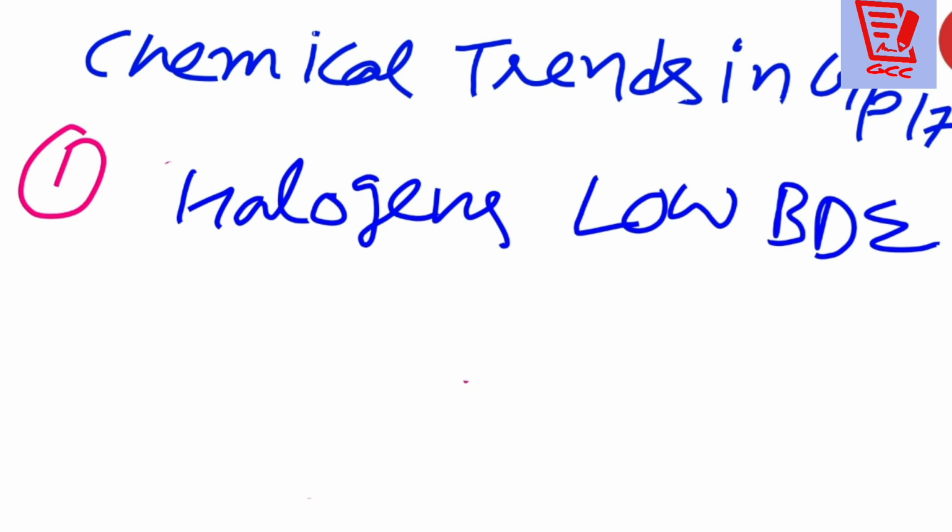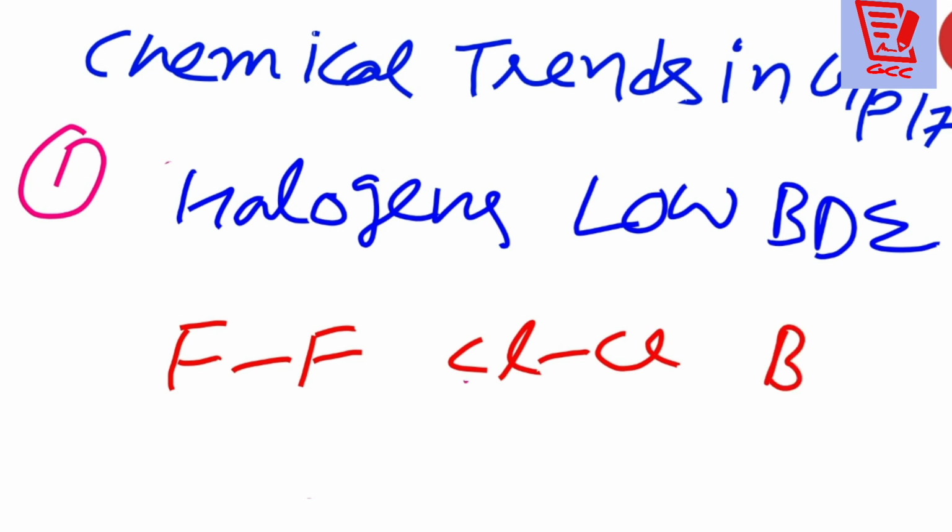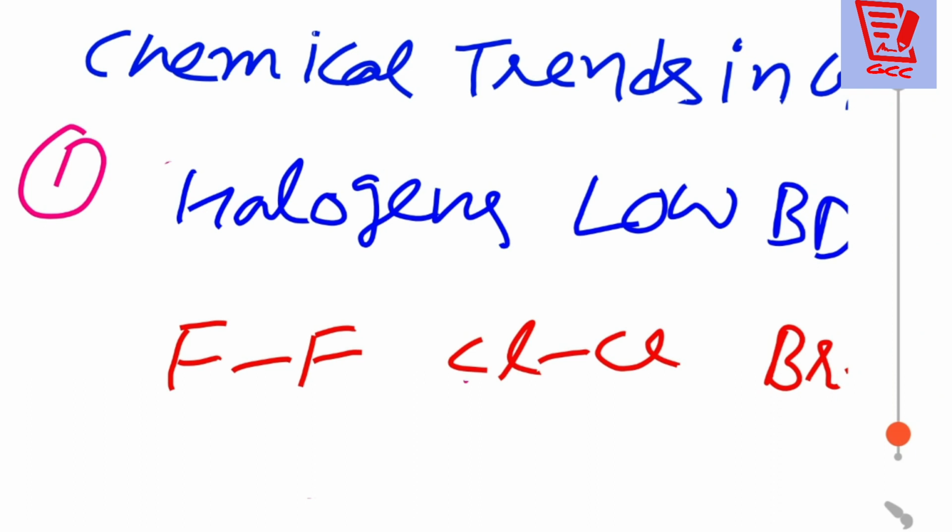You see, please, suppose F2 is there, let it be Cl2, or you can take any molecule, Br2. When we write these molecules, around them there are lone pairs of electrons like this. I'm representing only fluorine and chlorine, others will remain the same. This is the fluorine. Now I'm writing the lone pairs for chlorine also, 2 4 6, 2 4 6, and similarly it will be for bromine and the others.